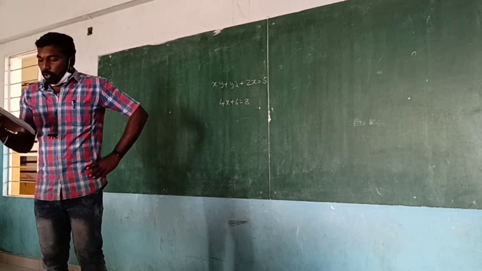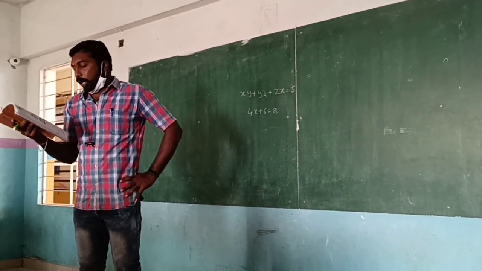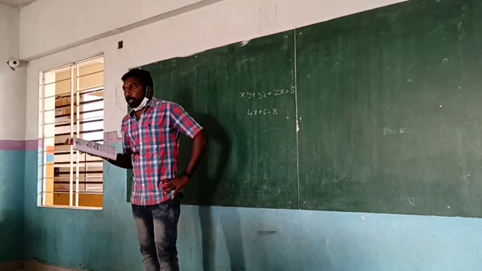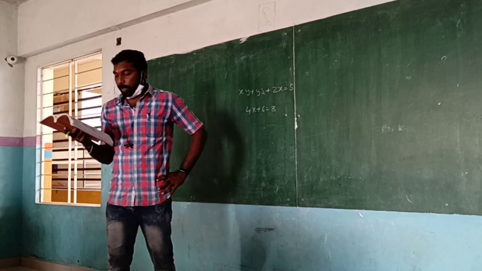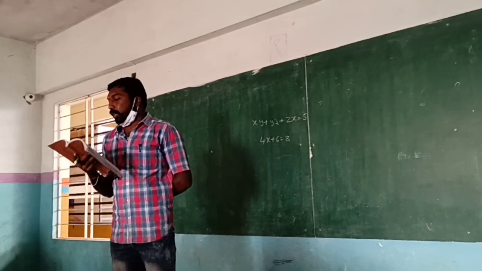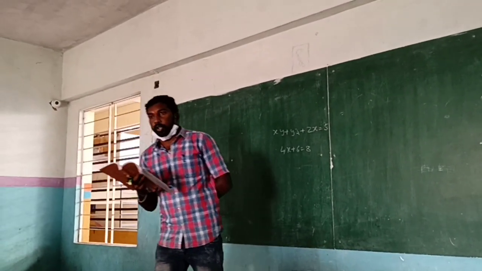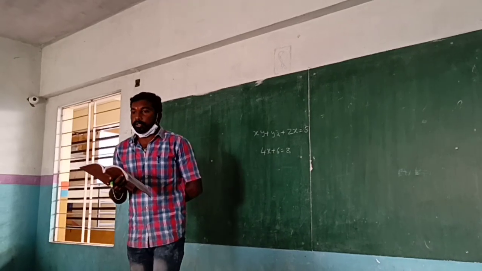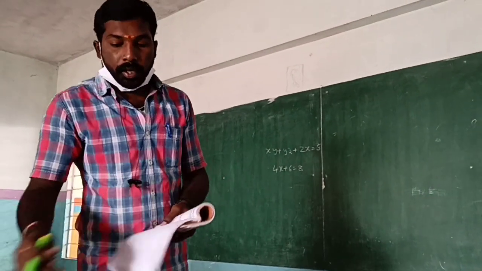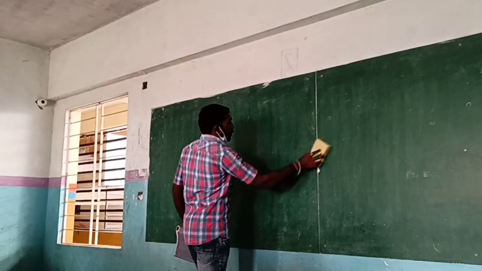Next one. If two numerical expressions are joined by equal to, greater than or equal to, or less than, then they are known as mathematical sentences. The value of a variable which satisfies the equation is called a dash. Solution and a root, both A and B. Okay, no? These are the bits I gave you as homework yesterday. So let us continue that in today's class.